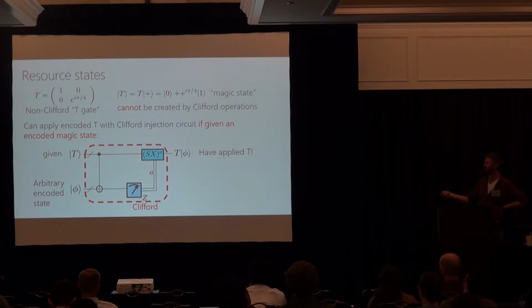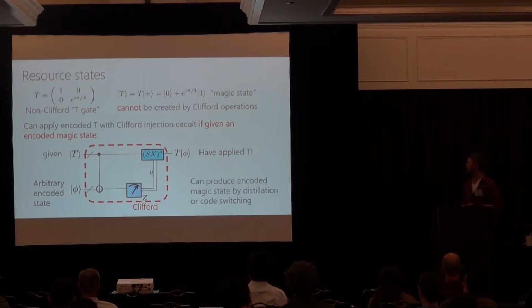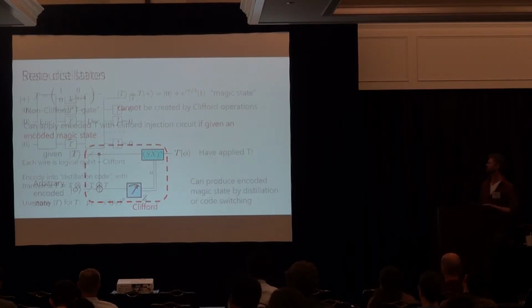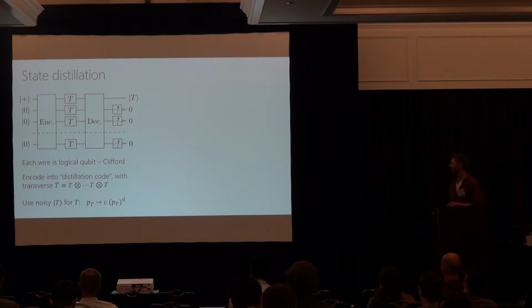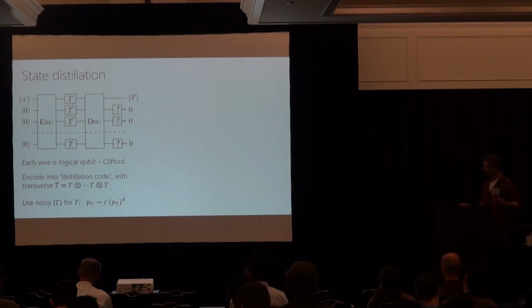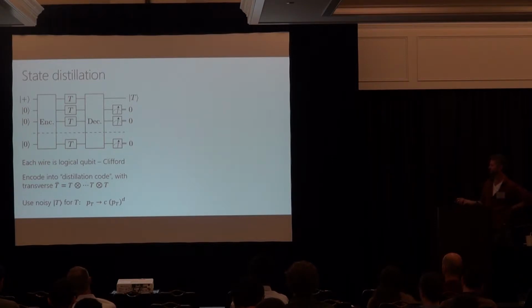But we are inputting some state that we get from somewhere else, which is not produced by Clifford operations. And so both magic state distillation and code switching are ways to produce that state, that resource state. Okay, so I want to explain a little bit the basic ideas of each of these two approaches. So, state distillation,